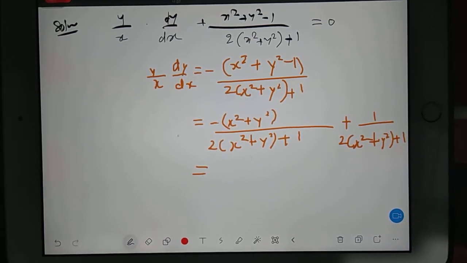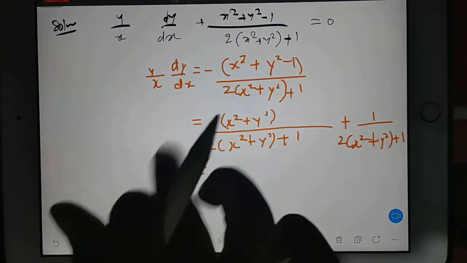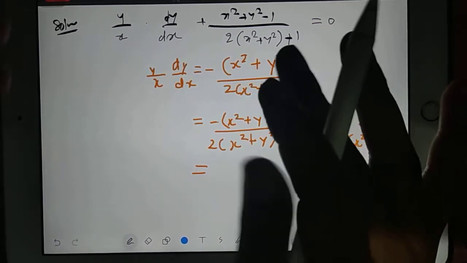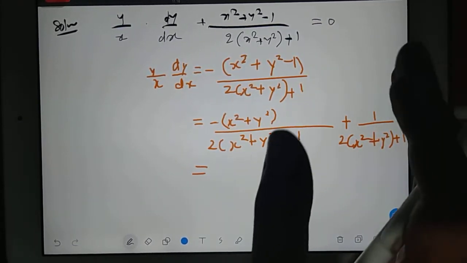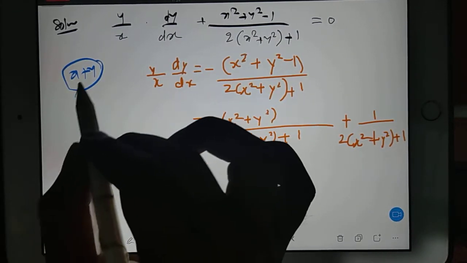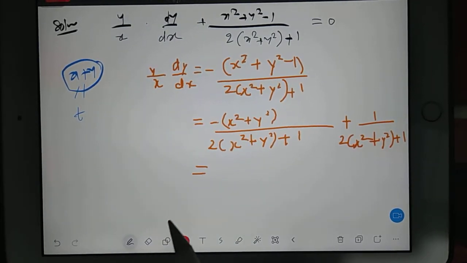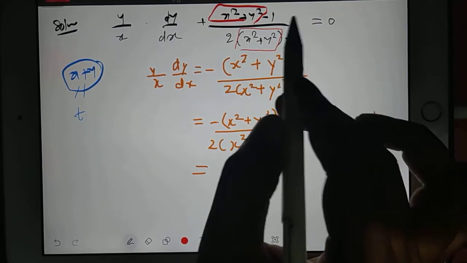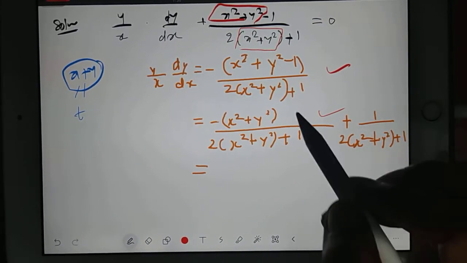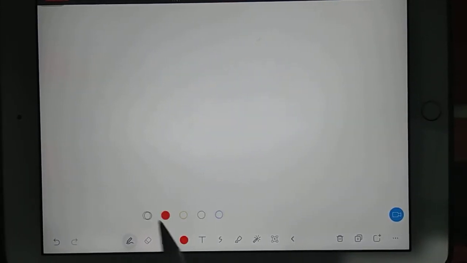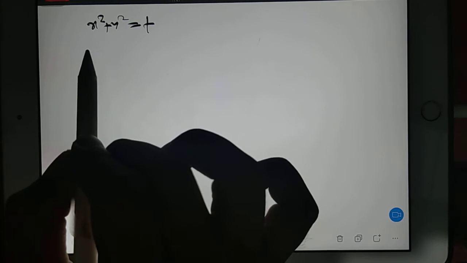Okay, so this is what the first thing will come in your mind, right? What I have told you, whenever you are not able to separate x one side, y one side, that time, just now we have done one question. In that we kept x plus y as t. Here also we have a similar situation. X square plus y square, we are not able to separate. So we can do the same thing. You consider x square plus y square is equal to t, and this will definitely help you.